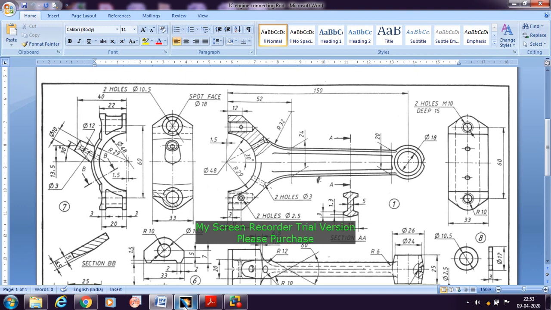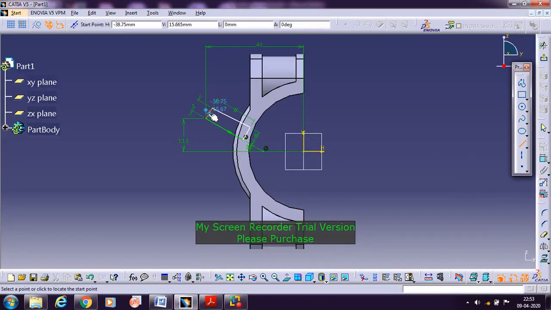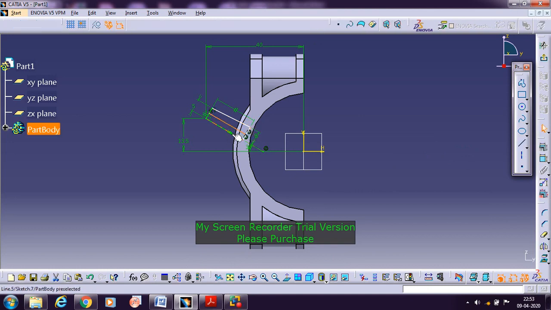Okay, so go here, take the line, and at some particular distance you need to draw a parallel line with respect to the inner line, and you need to set the distance between this line and this line. So it should be